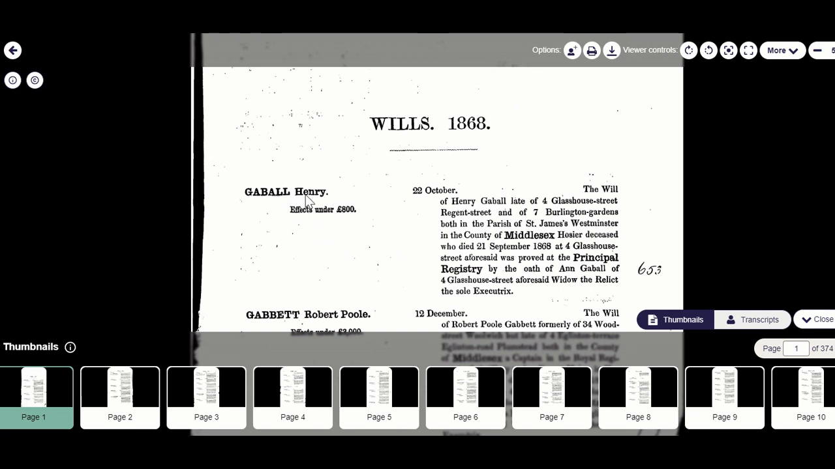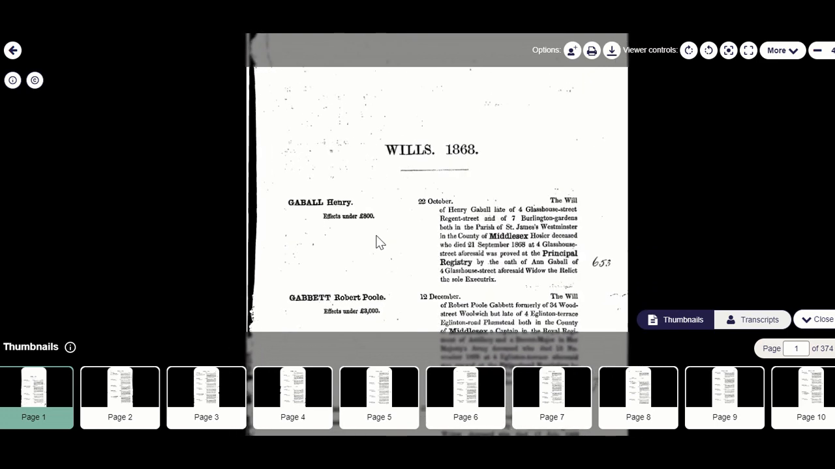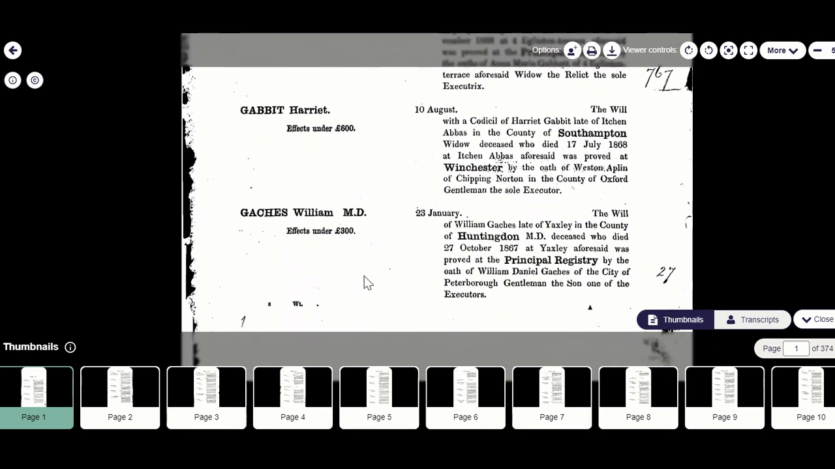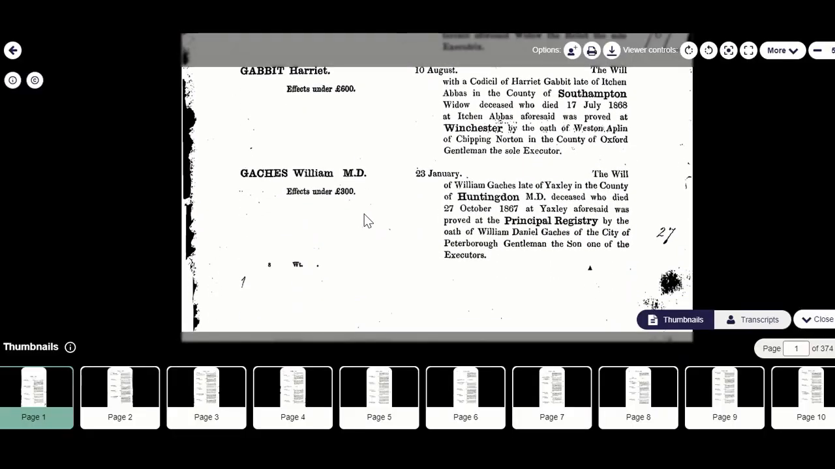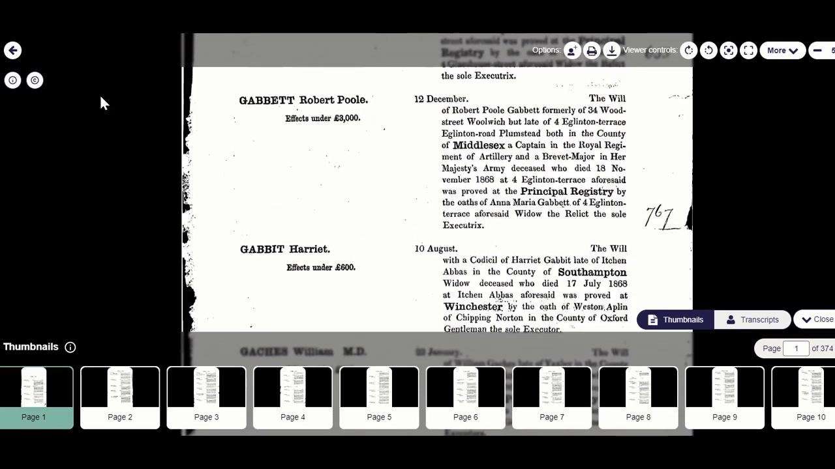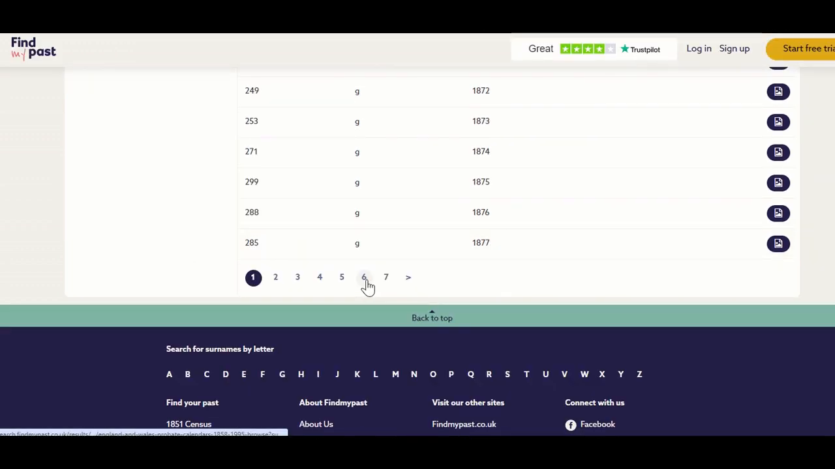So Henry Gabble of 4 Glasshouse Street, Regent Street. So this is St James's, Westminster, effects under £800. If we scroll down that page, we can see the different people there. We've got Southampton, Middlesex. If we go back to that list, if we pick a more recent one,